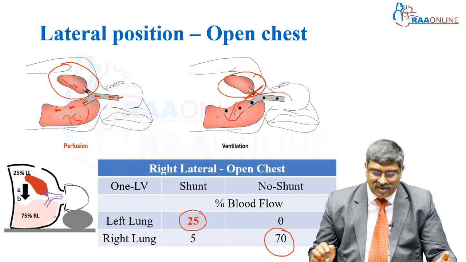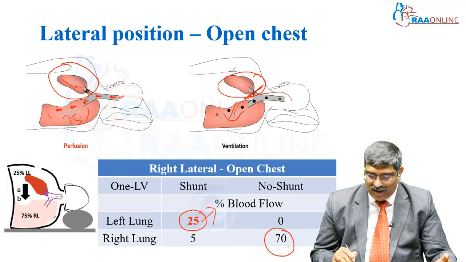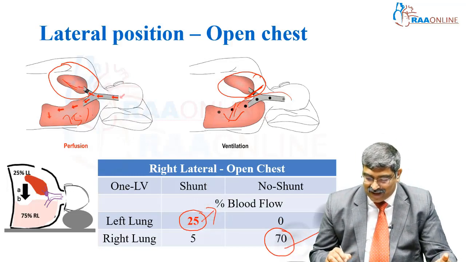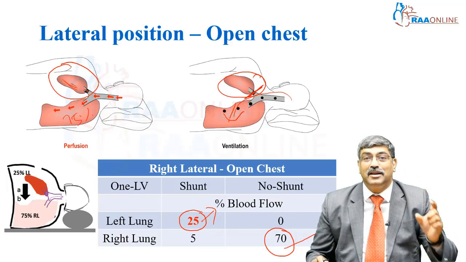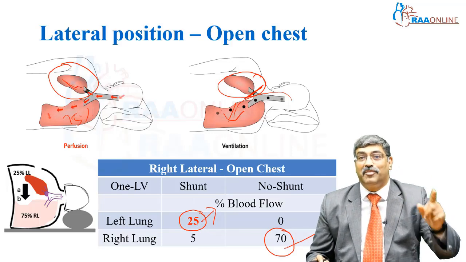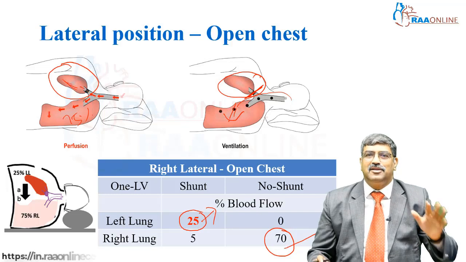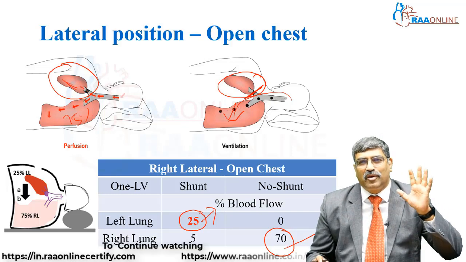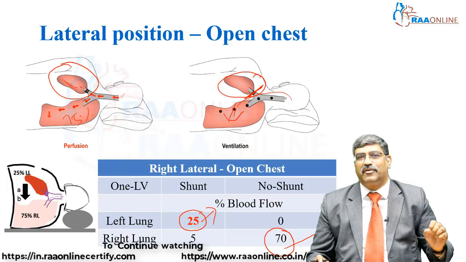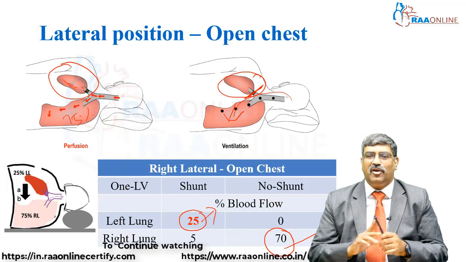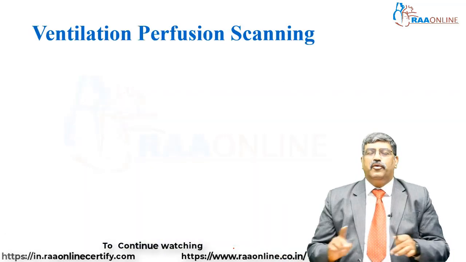Now the challenge is to counter this shunt, and you have to know whether the right lung can tolerate increased pulmonary blood flow. This is going to be your challenge. This is the toughest part, and you have to have a good understanding of the physiology of one lung ventilation before anesthetizing for thoracic surgery. How we are going to know